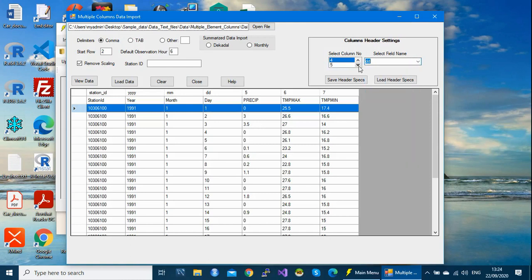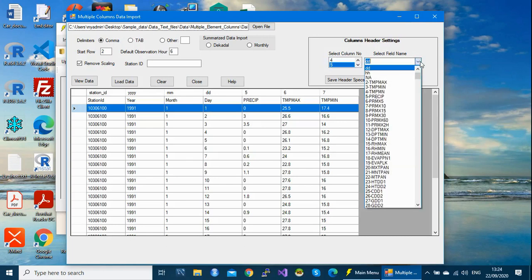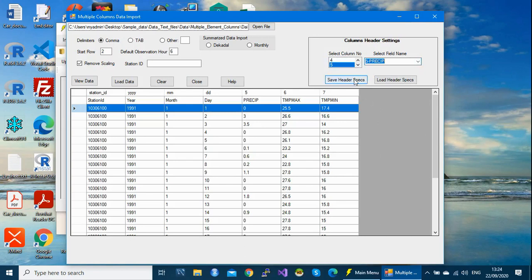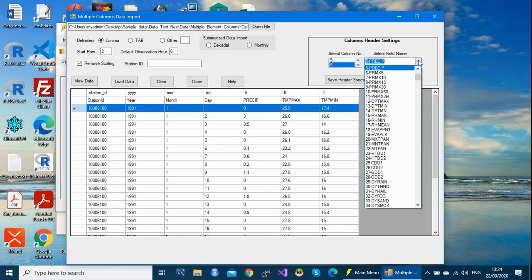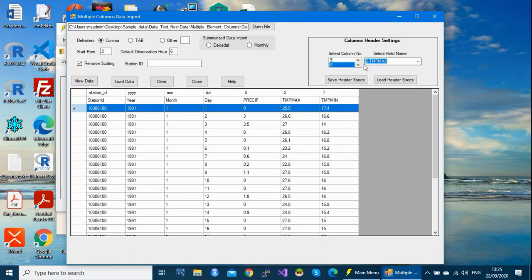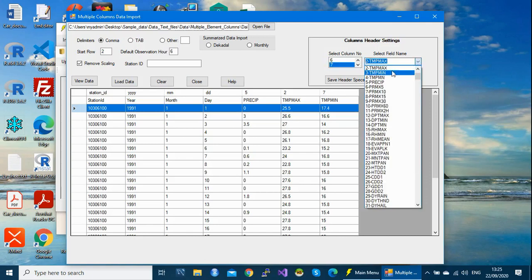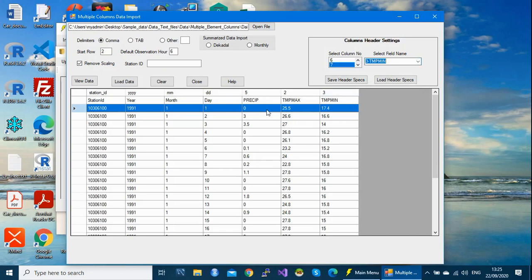Column 5, this is where our data starts. Column 5 is precipitation. Column 6, which element is element 2? Element 2, maximum temperature. Column 7 is minimum temperature. So that's it.